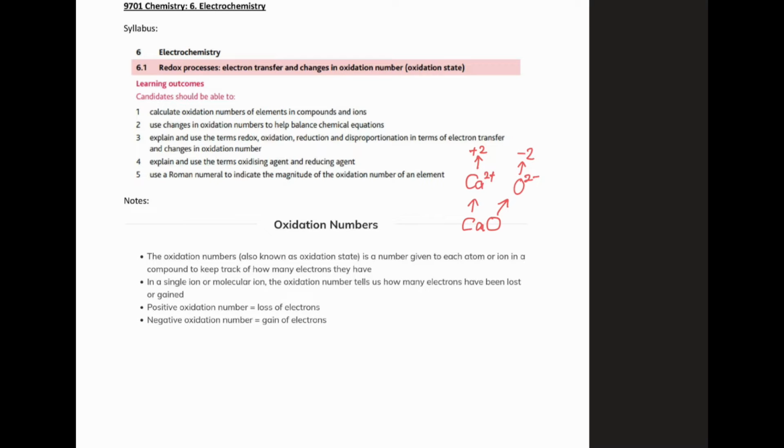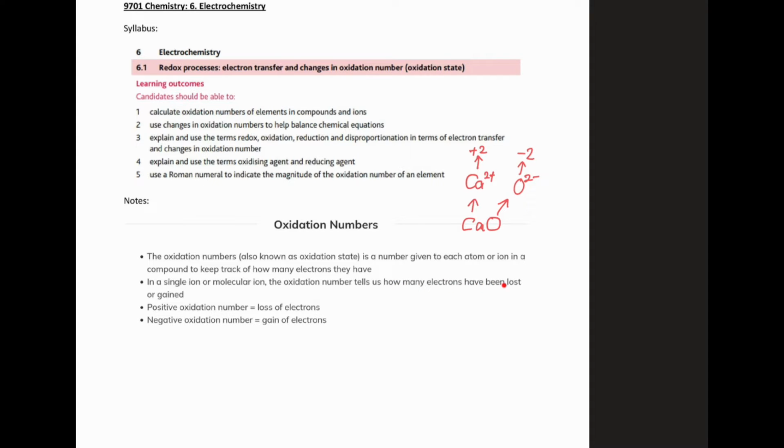You can see the way that we write charge is 2 plus. The way that we write oxidation number is positive 2. So it's the other way around compared to this. And likewise here, 2 minus and minus 2. Then next one, in a single ion or molecular ion, the oxidation number tells us how many